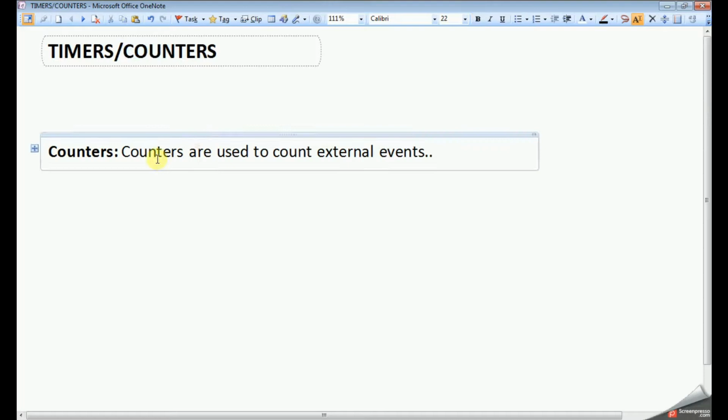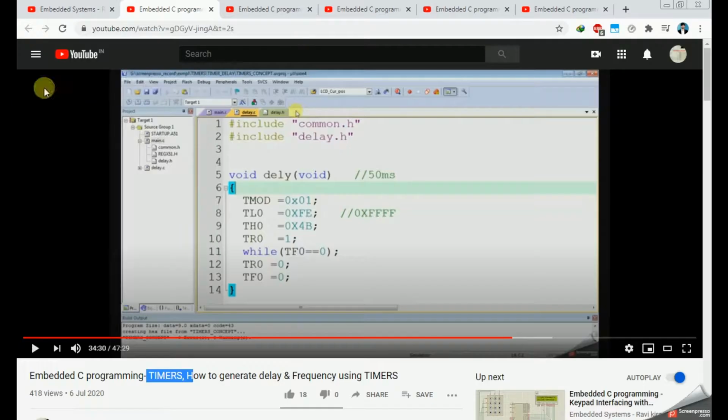As I told, counters are used to count external events. That means if you want to count anything from external world, then we can use counters concept. Without using counters concept also, we can count external events using a simple counter program in C language.